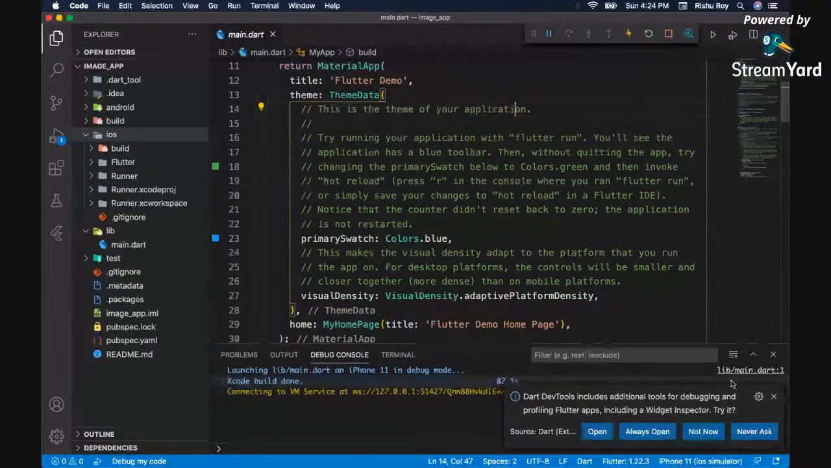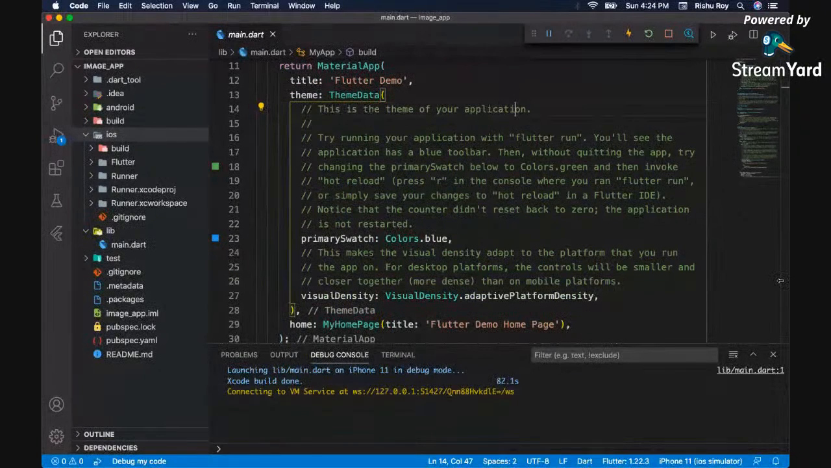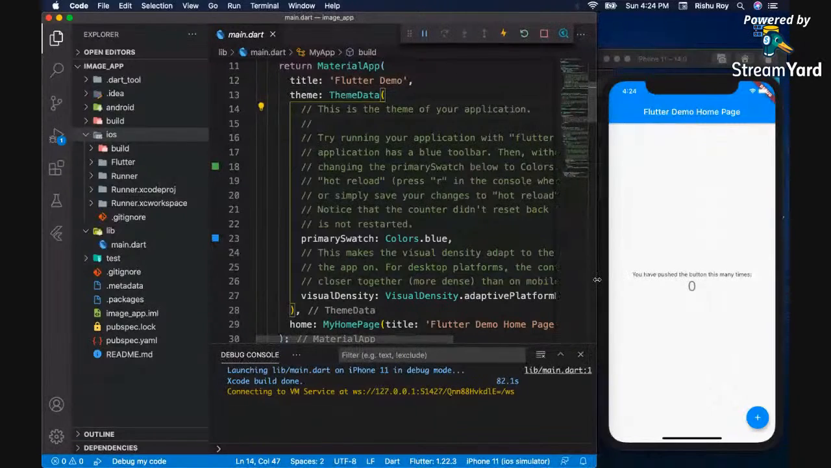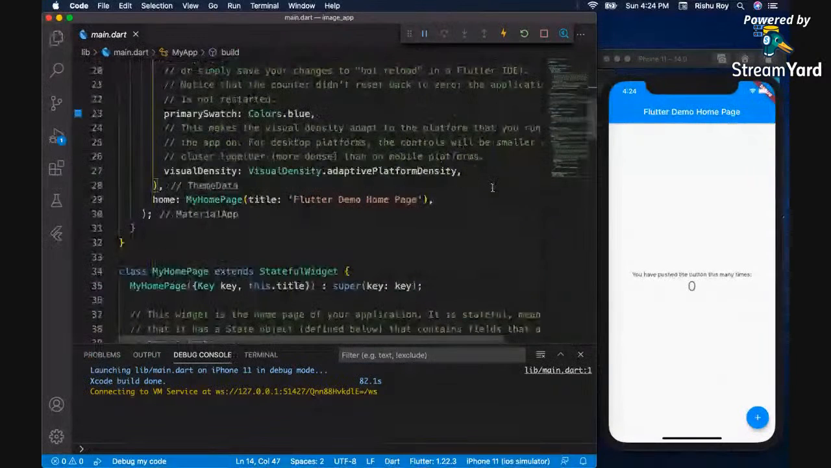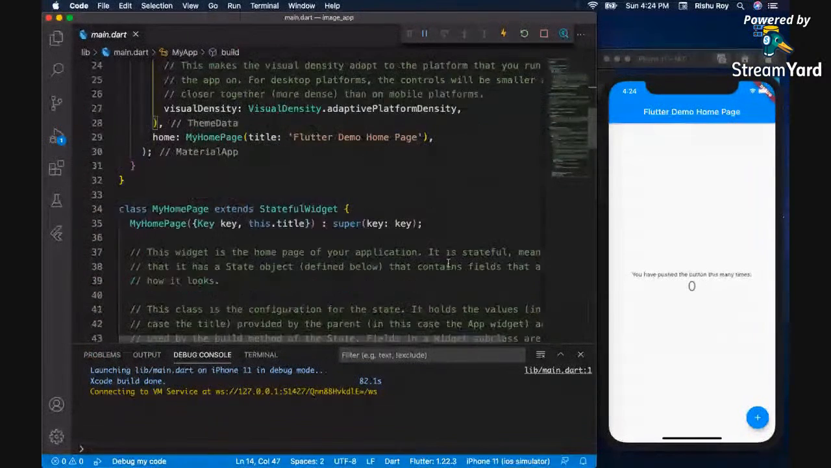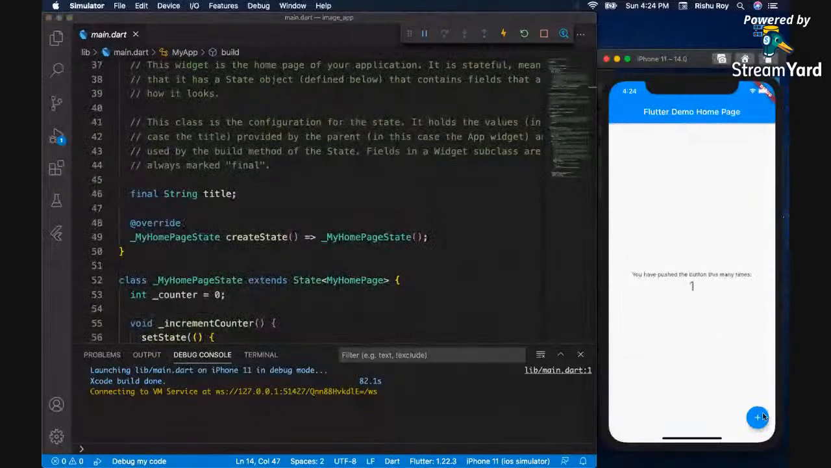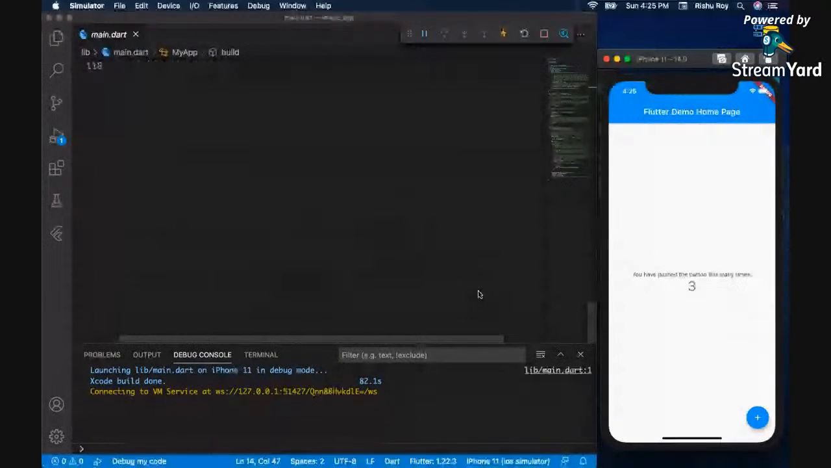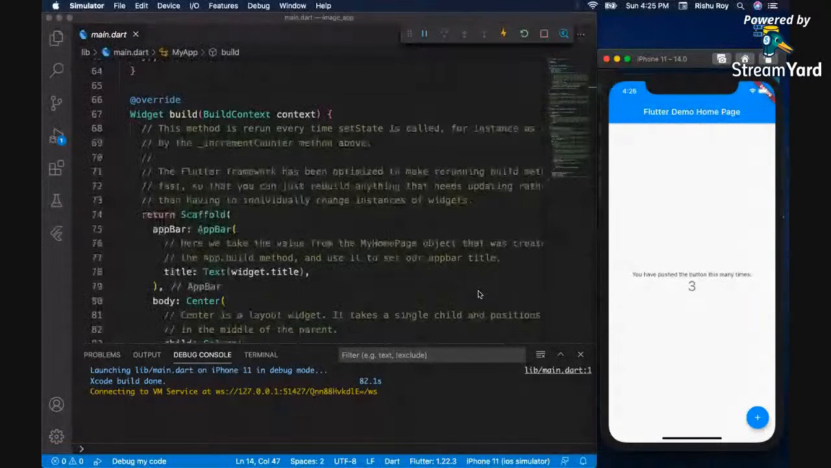Finally, we get our iOS simulator up and running, and let me see how it looks. So as you guys can see, this is basically our default app, and that's created every time we create the first Flutter project. So this is basically the counter app, and if we click on this plus button, it will increase the counter for us. Okay, so let's get rid of all this code. We do not need this,